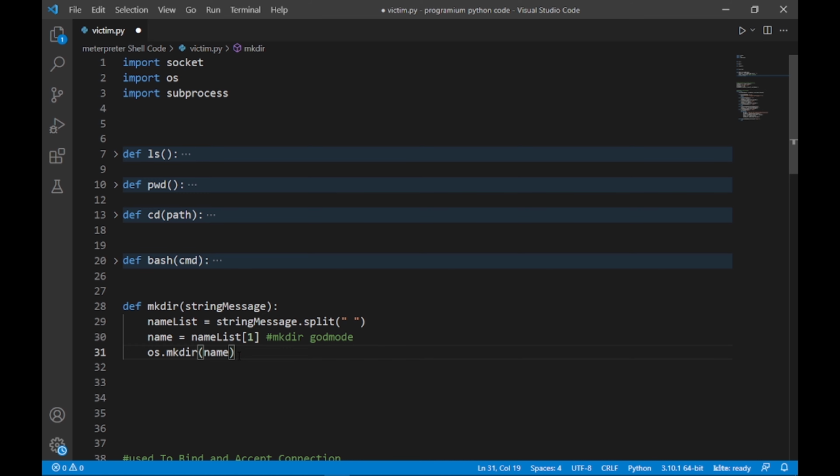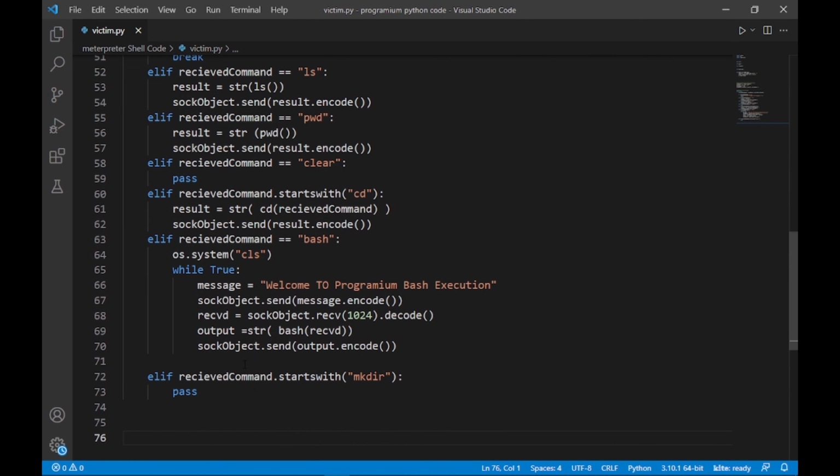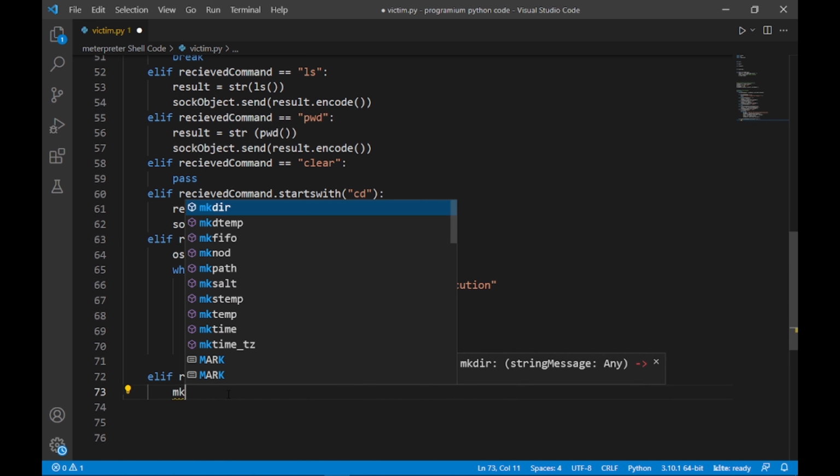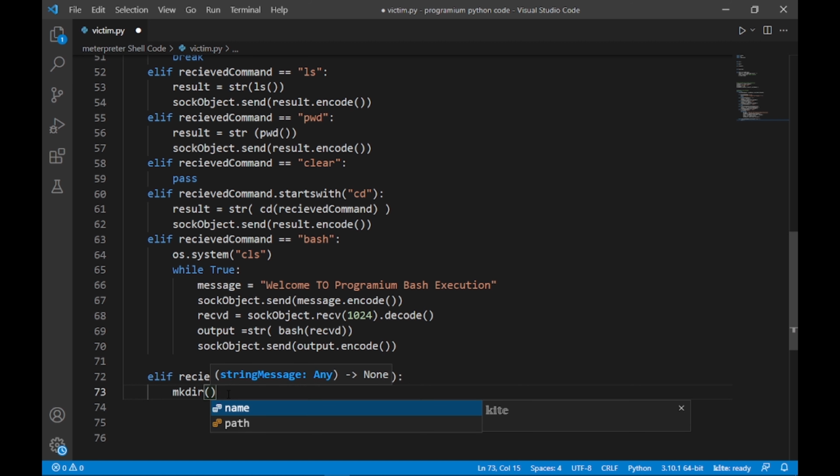So this is only one thing. Okay, that means we would be able to create the folders. So let's save it like that, and of course we have to call it here, and we will just call mkdir, and we got that. And of course there is another problem here, and that is